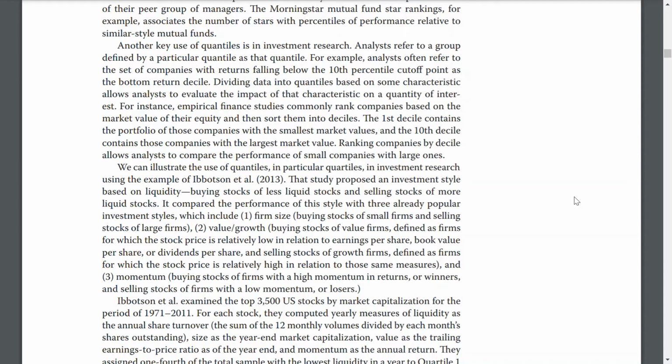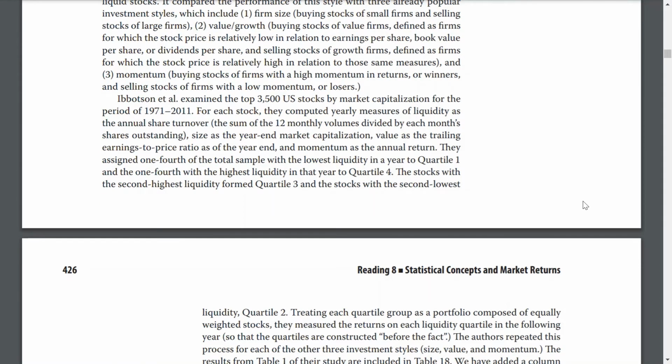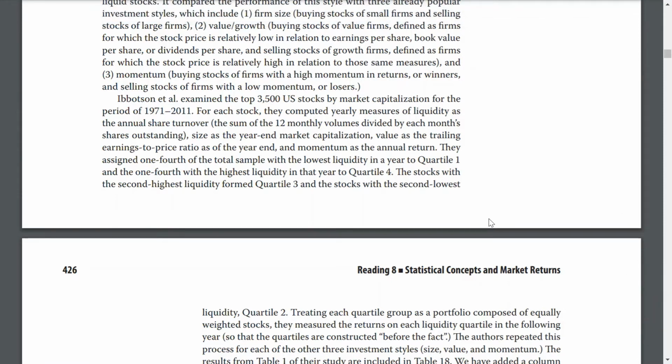We could illustrate the use of quantiles in investment research using the example of Ibbotson. Ibbotson et al. examined the top 3,500 U.S. stocks by market capitalization for the period of 1971 to 2011. For each stock, they computed yearly measures of liquidity as annual share turnover, the sum of the 12-month volume divided by each month's shares outstanding, size as market capitalization, value as trailing earnings to price ratio as of the year end,